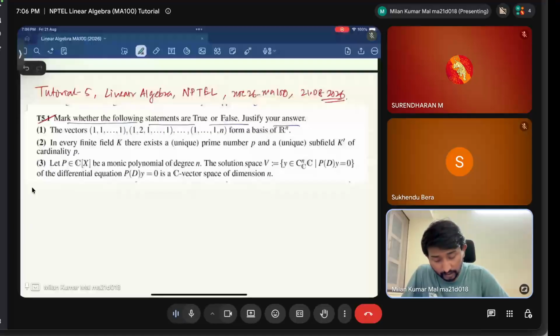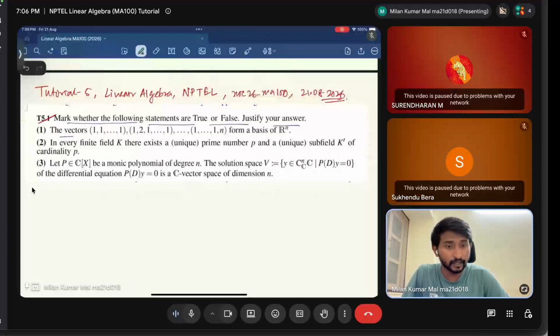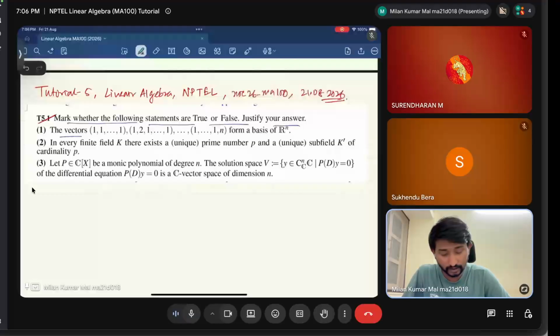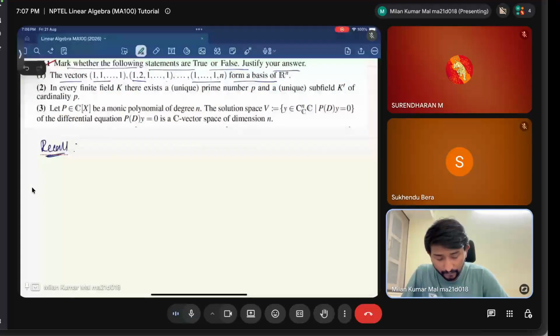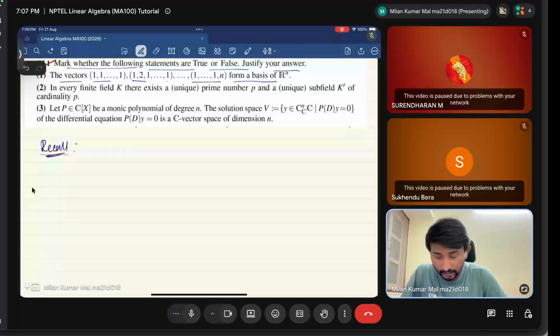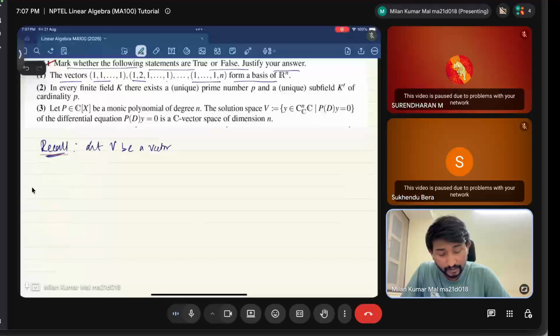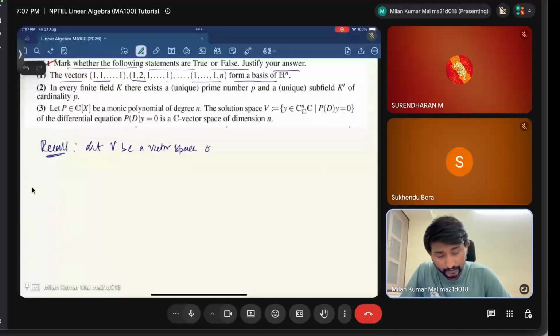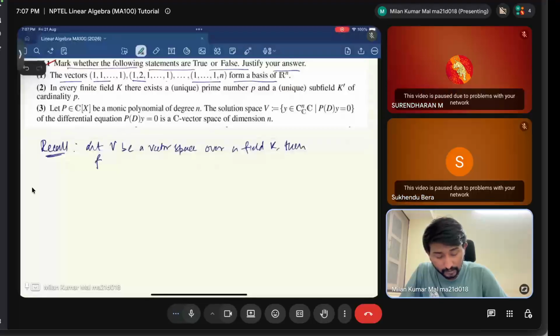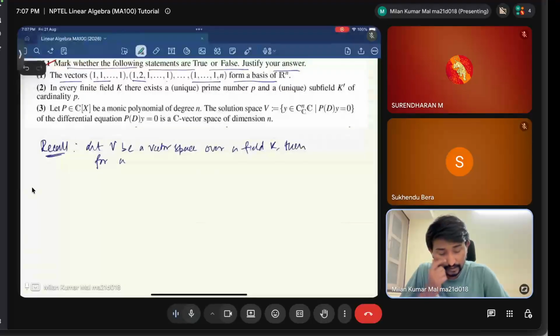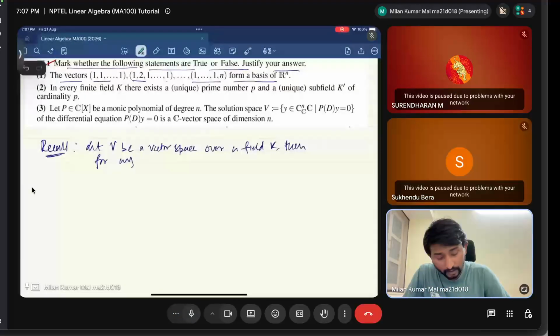Let me recall some facts. We have discussed linear independence and related ideas. Let V be a vector space over a field K. Then for any subset S of V, the linear span of S, which I write as LS,